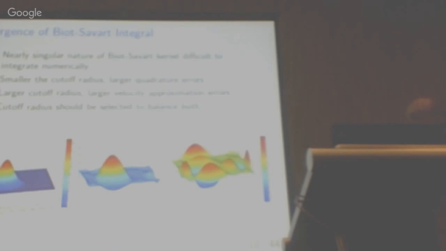So you can sort of see this. On the left here is the BO sub r kernel involved with some arbitrary vorticity. In the middle is the interpolation of that, say a 12th order interpolation or something like that. You can see clearly this is not that, and indeed if you compare the two, you have a fair bit of oscillation because the polynomial approximation fails to properly capture the singular or nearly singular